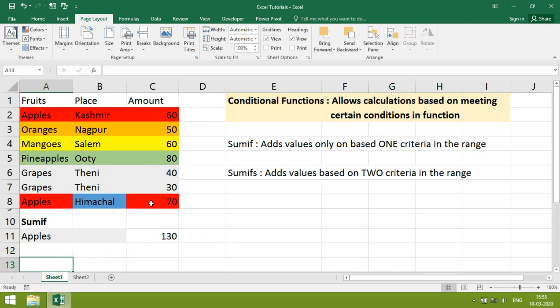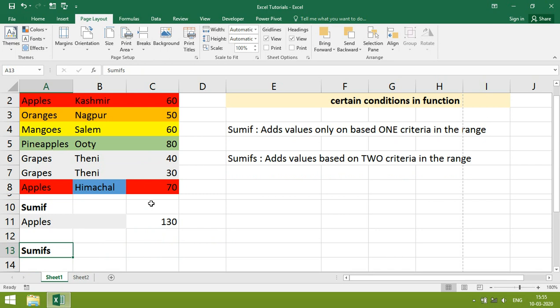Another condition is, if two conditions are met, then only it will give a result. The same way we want apple, Kashmir apple. Let's write the formula for SUMIFS. It needs to meet two conditions, then only it will give a result. One is we want apple and another is Kashmir.